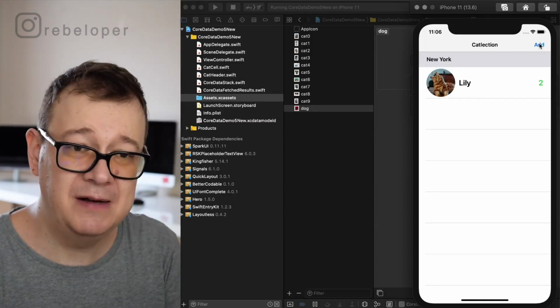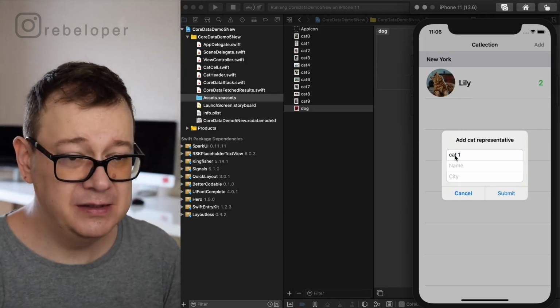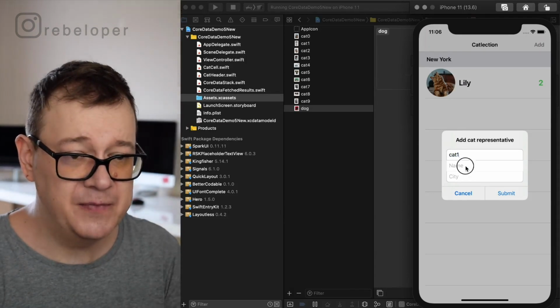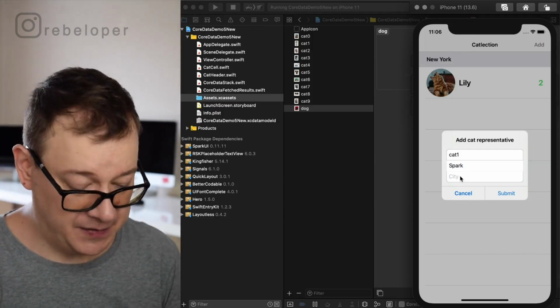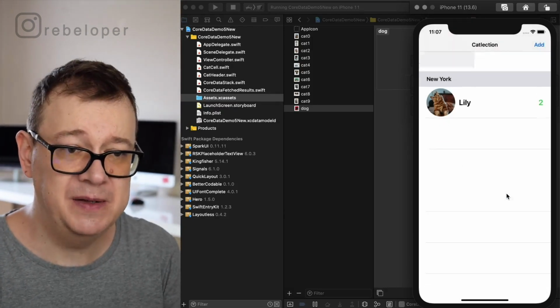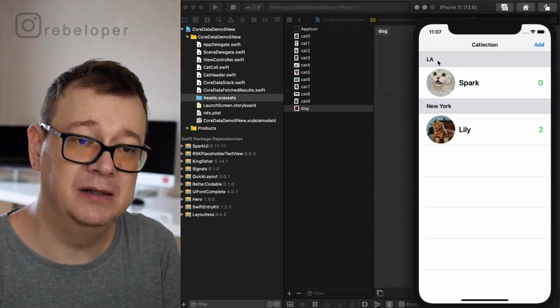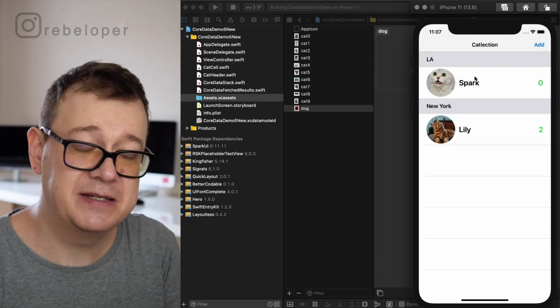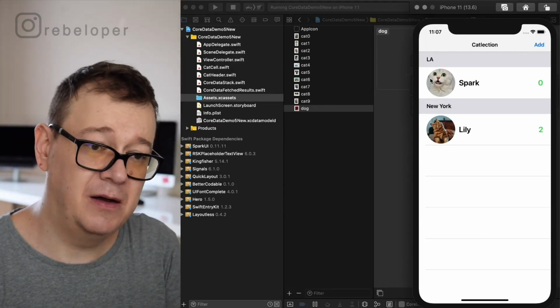2 votes. Now let's add, let's say, cat 1. No space there. And that will be Spark. And let's have LA here. So let's submit that. As you can see, it automatically added the header and this cell, and yeah, this is